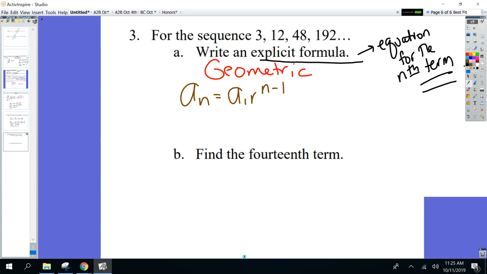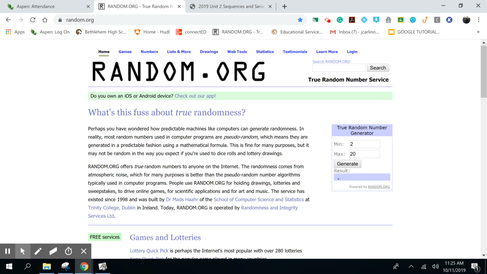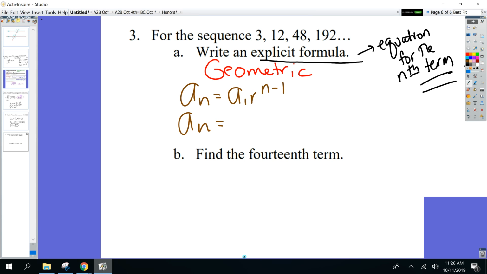And you're writing it for the nth term, n stays n. N stays n. So a sub n equals somebody else. Let's keep rolling. You guys are doing a nice job. 14. Nope. 14. Yep, great job. 5. First term. Times, what's my r value? What am I multiplying by here, Mary? 4 raised to the,